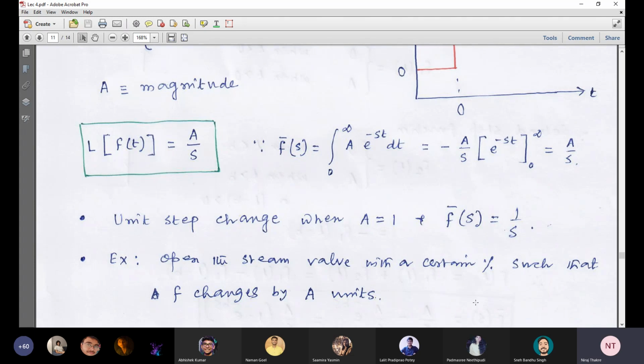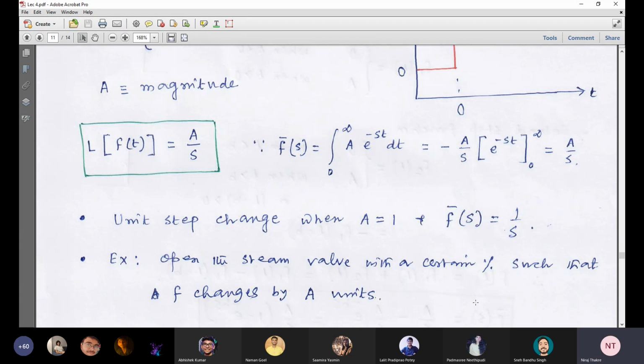It's a very simple thing. Your steam valve is at a fixed opening, that is steady state. Now suddenly we are increasing or decreasing the valve opening, and we are remaining there. This is the example of step input. I repeat, one pipe is there, and definitely one valve is fitted there. Initially the valve is at a fixed position with a certain opening